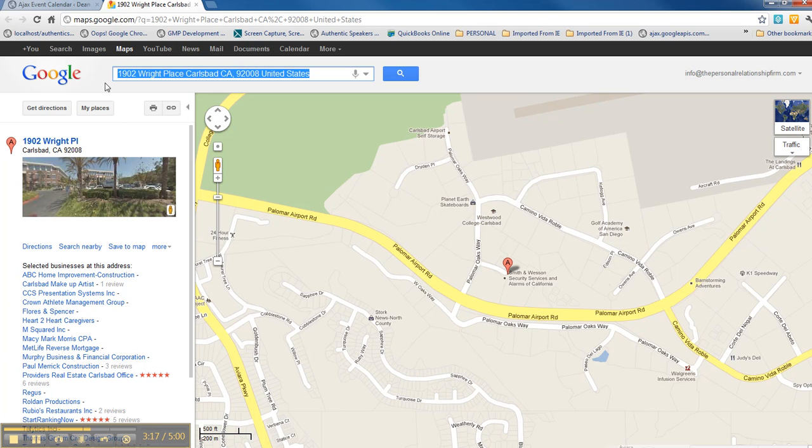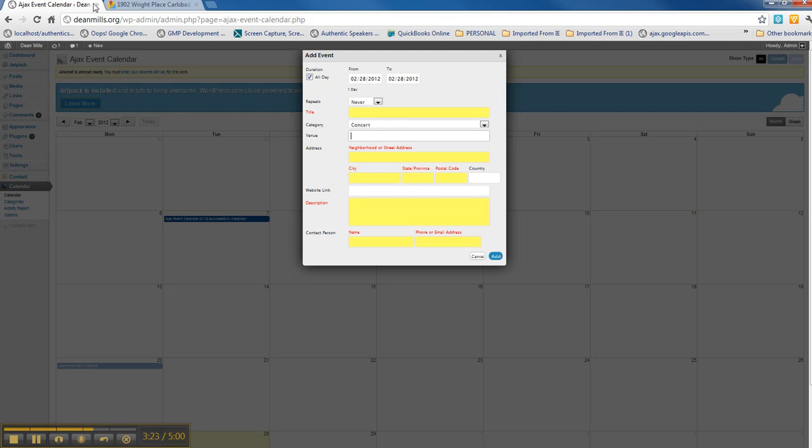Let's go through Google Maps, so you can see it automatically opened up Google Maps and added in that address, making it very easy for people to go to your events. Website link. This is where, for example, Dean recently played at the Potter's House. So if I was putting in an upcoming event at the Potter's House, I would put the Potter's House website,